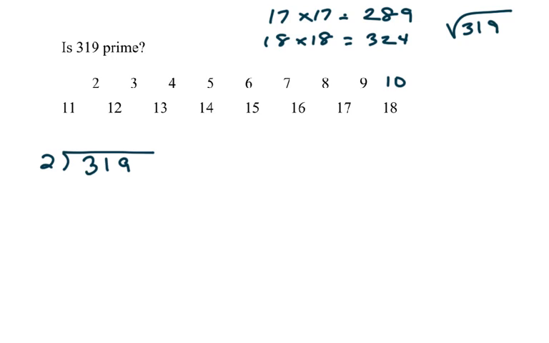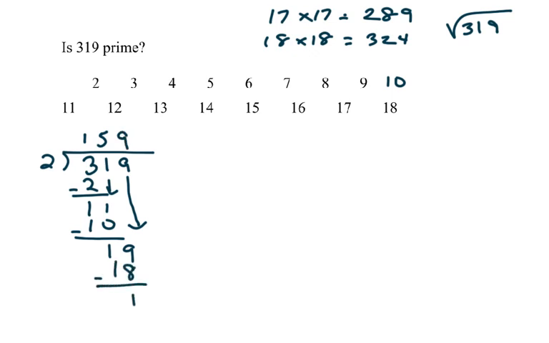3 divided by 2 is 1. Subtract, we have 1 remaining. Bring down the next one. 5 times 2 is 10. Subtract that. Bring down the next one. 2 times 9 is 18, and so we have a remainder of 1. That means that 2 and multiples of 2 are not divisors of 319. And so 2, 4, 6, 8, 10, 12, 14, 16, and 18 do not divide evenly into